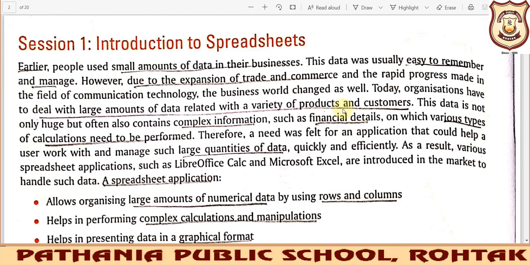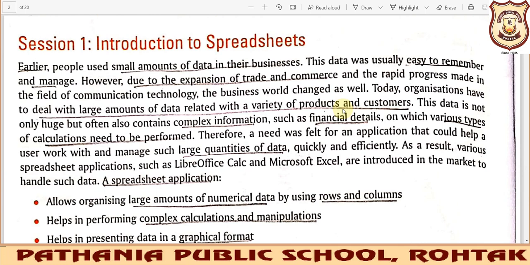The data we find is in the form of numbers or text. In business we deal with a lot of data nowadays, especially because trade has expanded and we have implemented the concept of e-commerce. What is e-commerce?